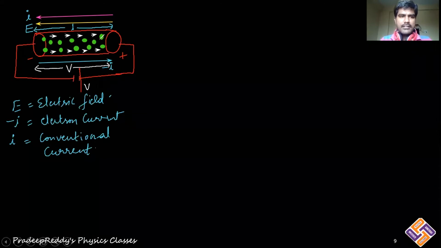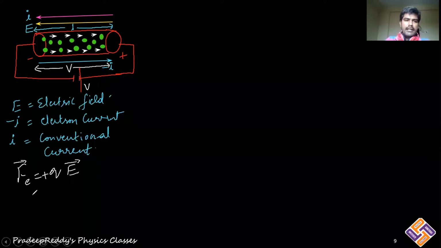Now when the electrons are moving, what would happen? There is some force experienced by the negative charge, right? And that force, I will write it as Q into E. Here we are dealing with positive charge only. I am not taking negative charge here, so I am not representing the negative sign. So electric field and force are in the same direction if you are considering this as positive charge. Now Fe is equal to QE, where E is the electric field.